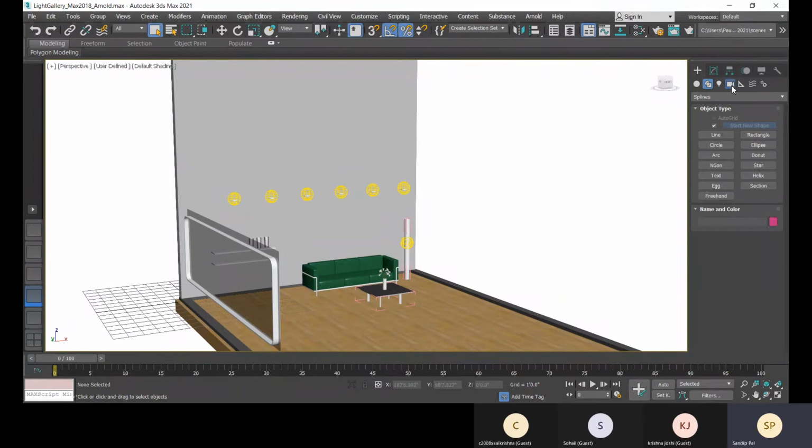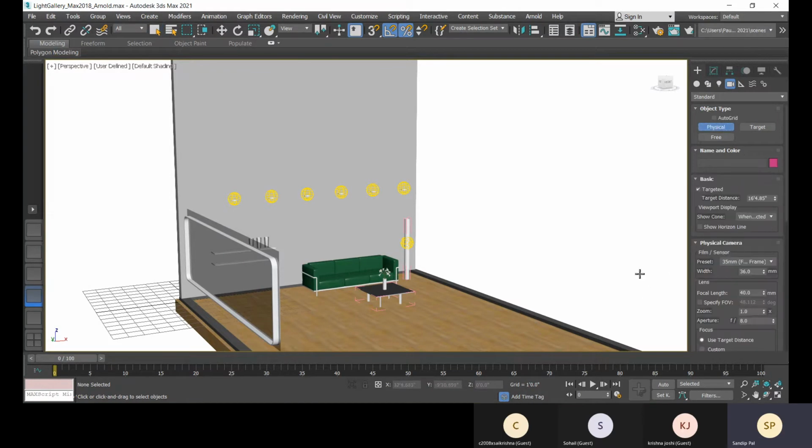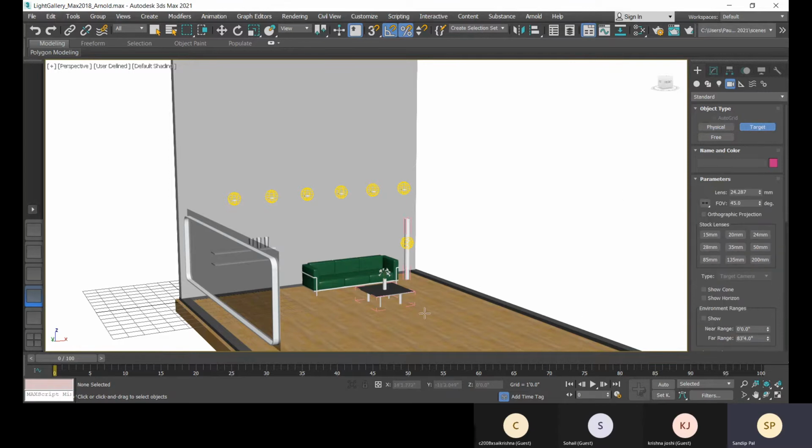So this camera is available here, and this physical one is also a setting. You can set it as a target, or remove the target object. This target is selected, so you can uncheck this option, target or untarget, you can do that. So you can work with this target.